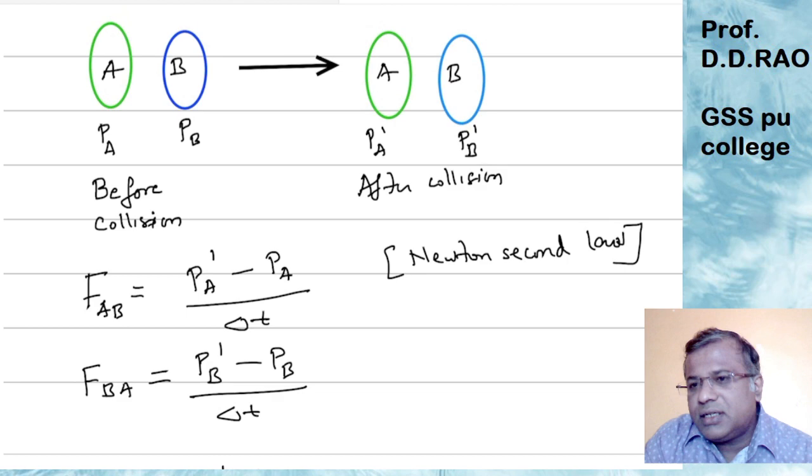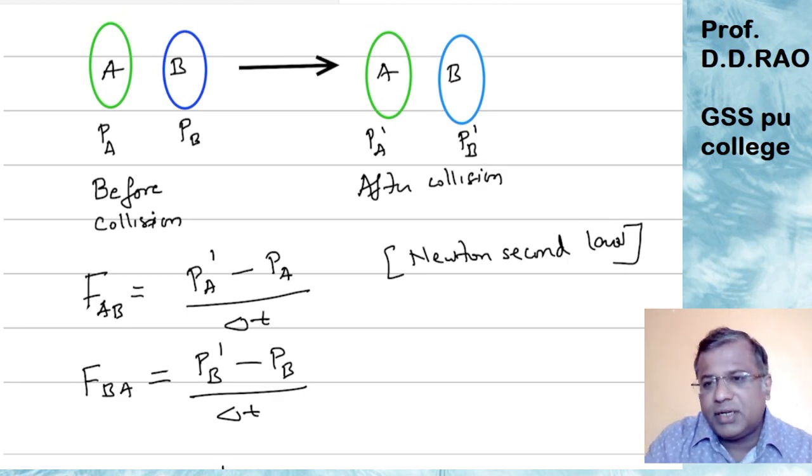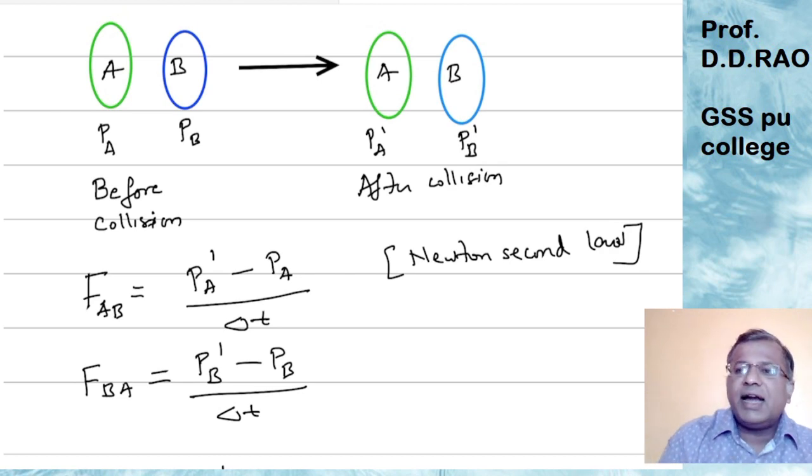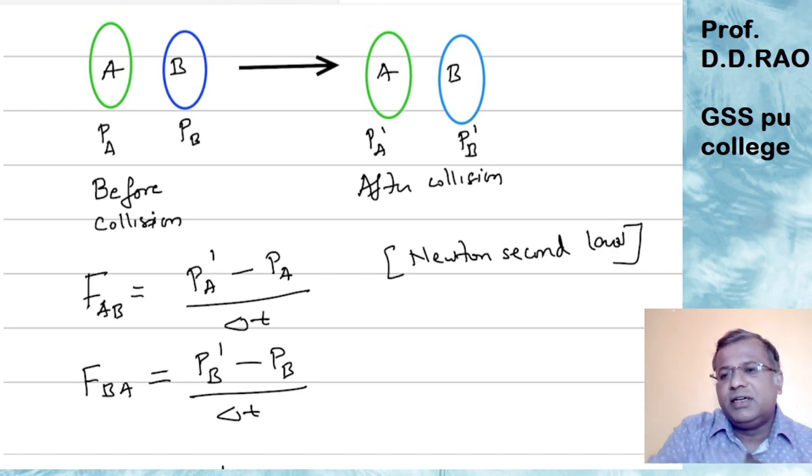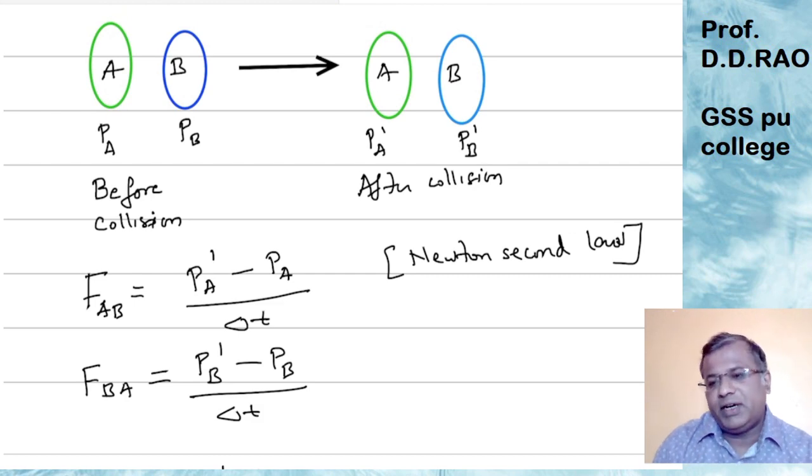Okay, so with this I'll conclude the lecture, because it was more theoretical. You'll have to practice the derivation. In the examination the question which is asked is, state and prove the law of conservation of momentum. The statement, which I have already shown you, is that in an isolated system of interacting objects the total momentum always remains constant. Velocities will change, but if you add the total momentum initially, it will be equal to the total momentum finally.